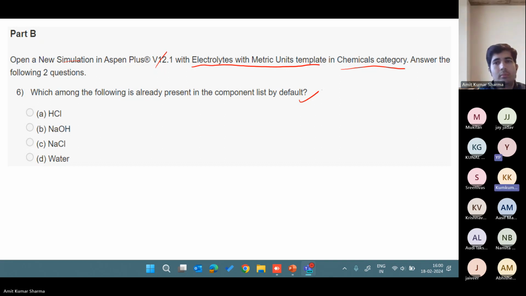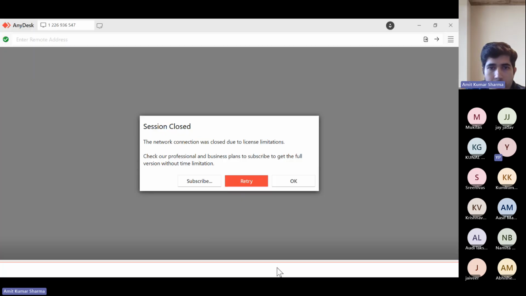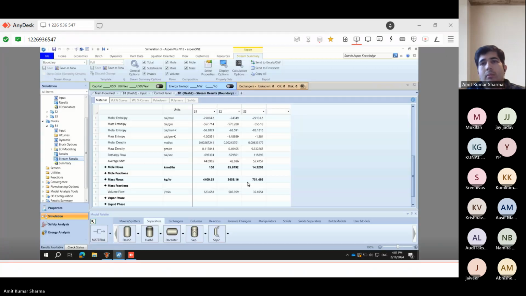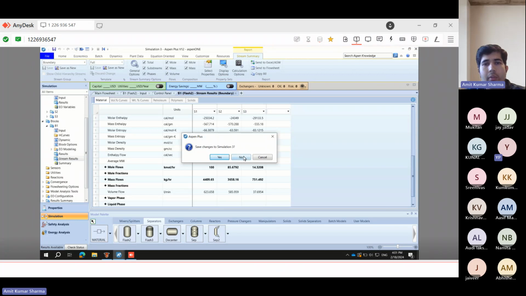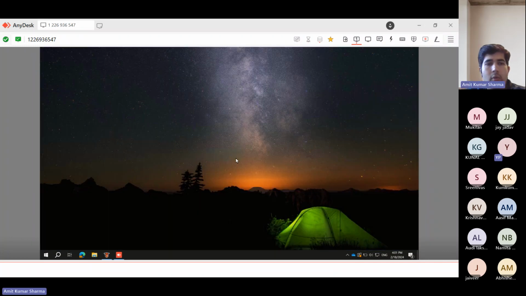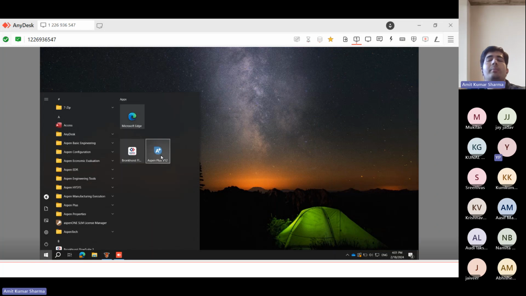Where can we select the electrolytes chemical category? Yeah, it's a very important point. So open the Aspen window, then open a new simulation. In that you will see it clearly when you open it. Just let me help you. Close Aspen first if you have already opened it. Now open Aspen, click on Aspen Plus.